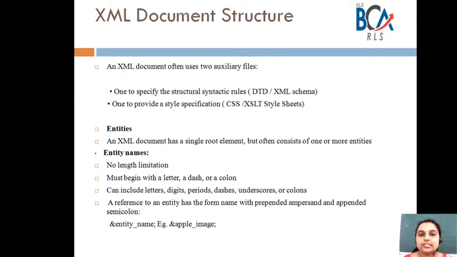Finally, many documents include information that cannot be represented as text, such as images. So, such information units are usually stored as binary data. If a binary data unit is logically part of a document, then it must be a separate entity because XML documents cannot include binary data. Such entities are called binary entities.